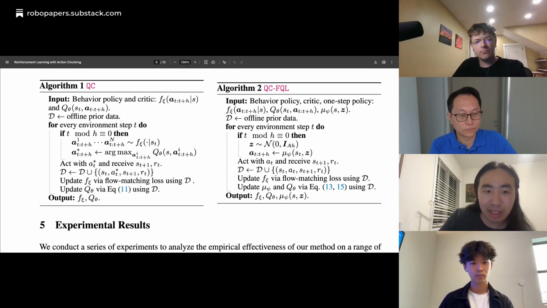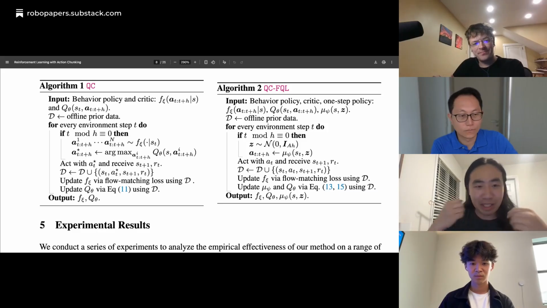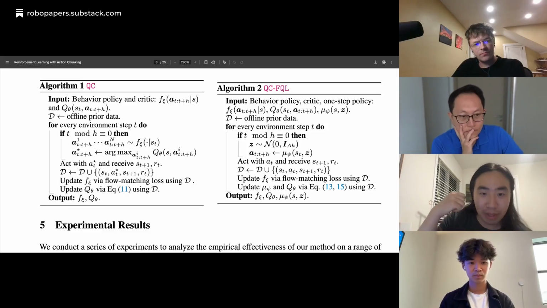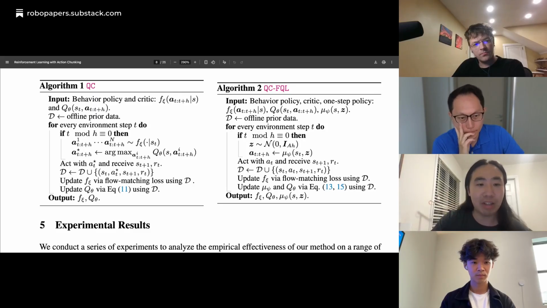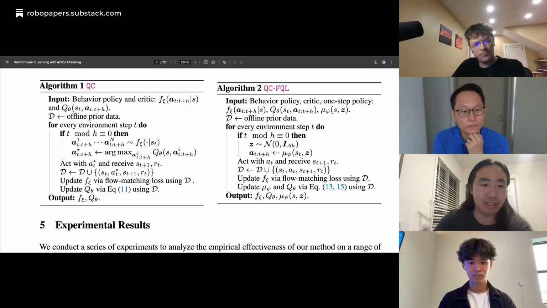So what does this mean? It basically means that we're doing some sort of best of n. Are you guys familiar with best of n sampling? We're basically saying that we want to do a best of n of our behavior policy, and we treat that as our improved actor. And we estimate what will be the value of this best of n improvement of the policy.